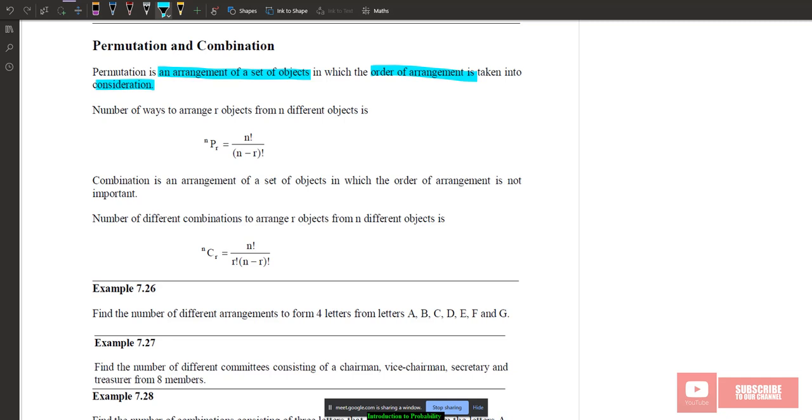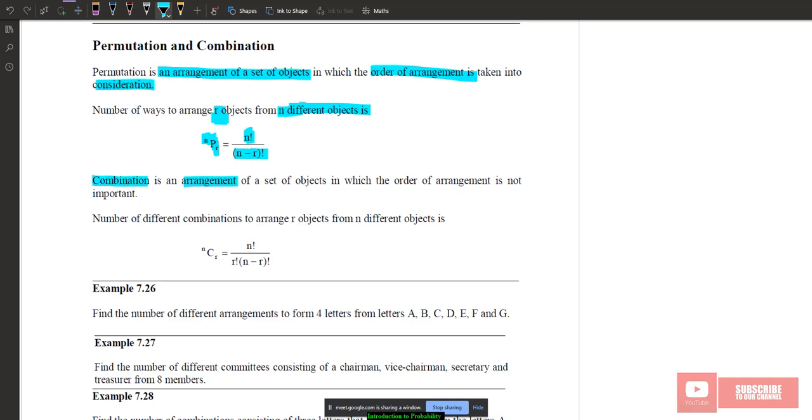So I repeat once again, order is important. So if you want to use permutation, the number of ways to arrange r objects from n different objects is nPr, n factorial divided by n minus r factorial, right,